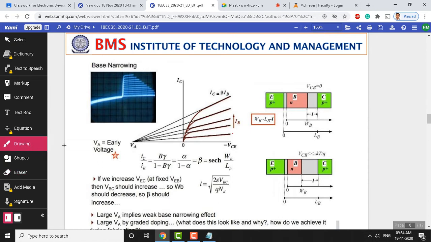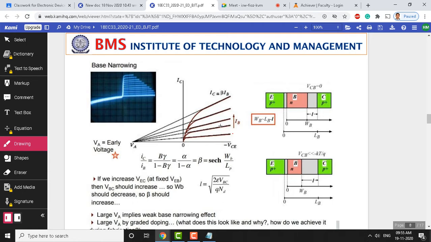This is the output characteristics of common emitter configuration, for the practical device. You can see there is a finite amount of slope for each and every value of base current here. This is the output characteristics of a BJT. We are plotting this with reference to the collector emitter voltage and the collector current. This is VC versus IC graph for a fixed base current. Each curve you are observing here is for a constant base current, and as you keep increasing collector emitter voltage, the corresponding collector current also keeps increasing.